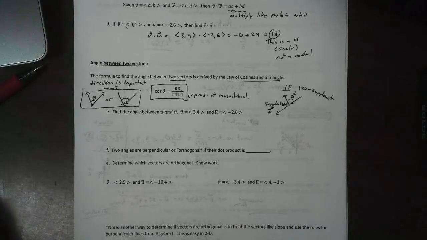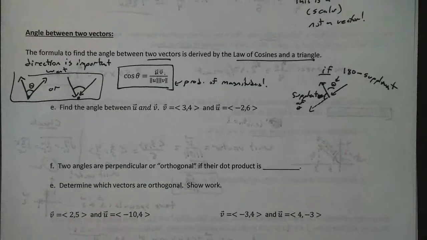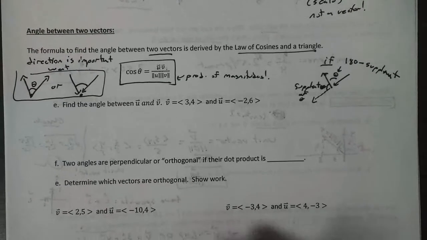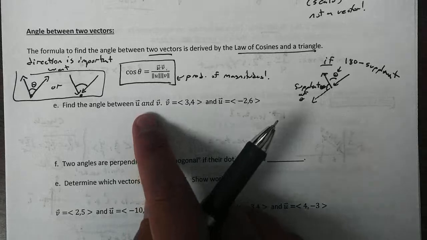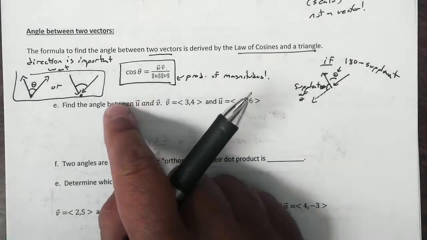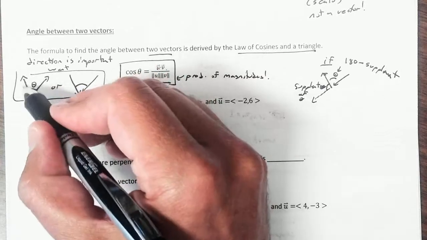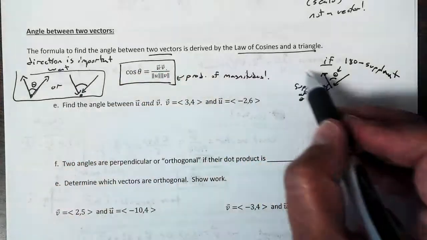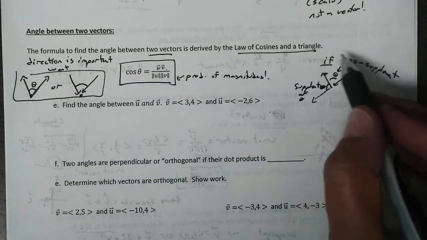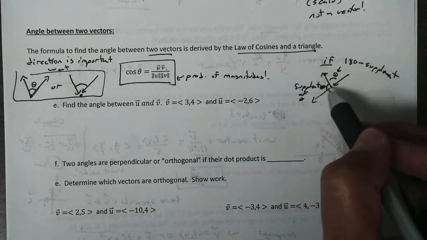Okay, so let's continue on with part 2. Now remember, for part 2, what we're working on here is we're trying to find the angle between two vectors. Now, like I said in part 1, direction is important. You either want the vectors heading away from each other or towards each other. If they're going head to tail, you're going to look for the supplement of that because you'll be finding the